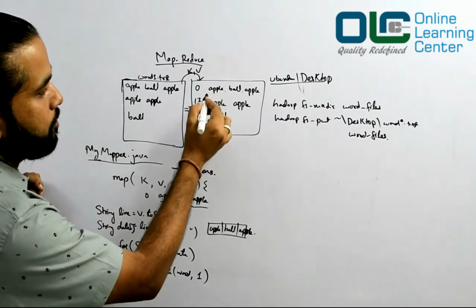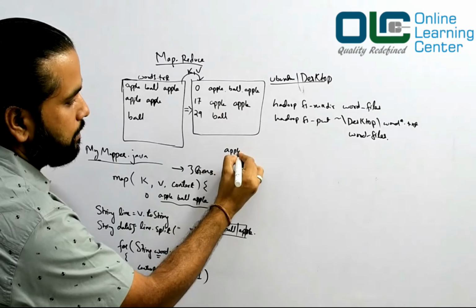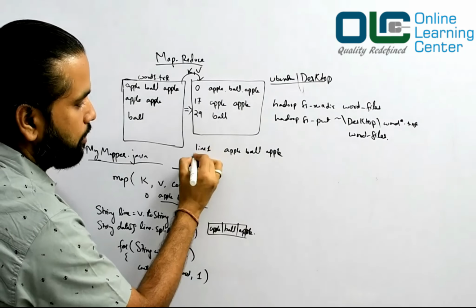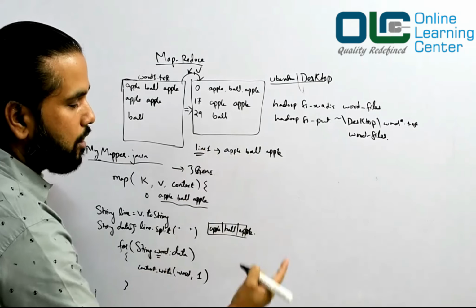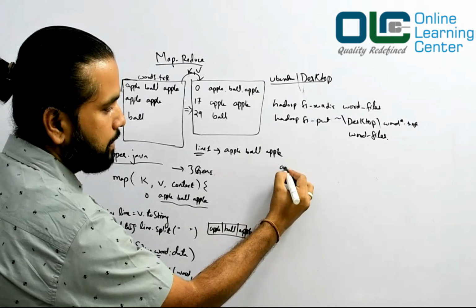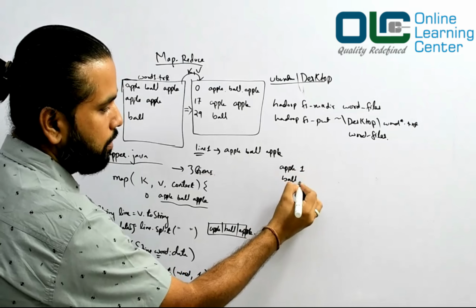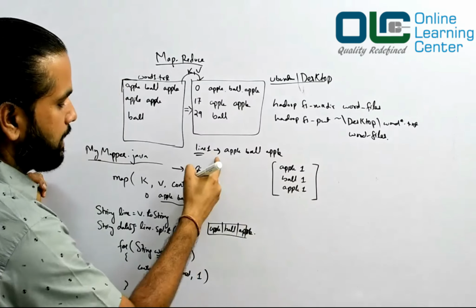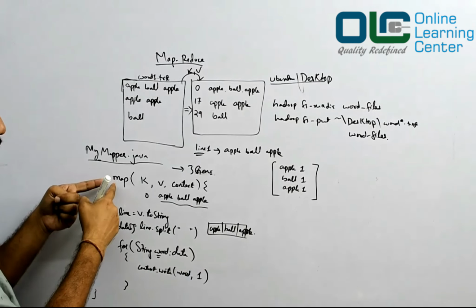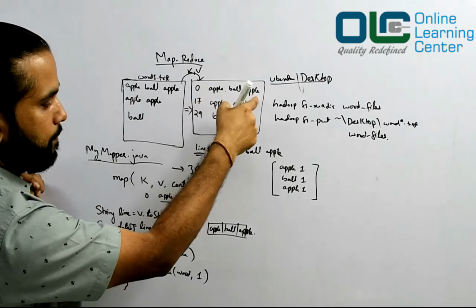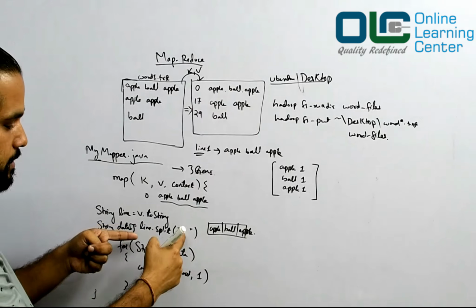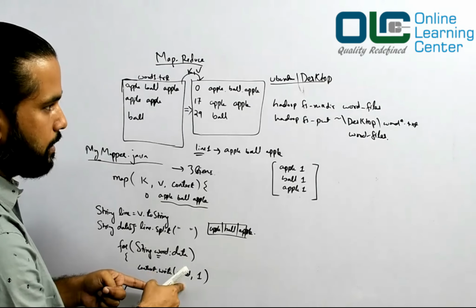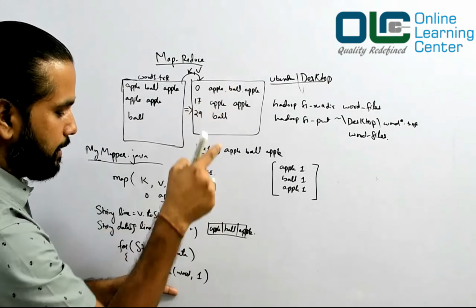So can I say something like this? For line 1, I had apple ball apple. What is the output I emitted? I emitted apple 1, ball 1 and apple 1. Can I say I did this for the first line based on this logic? Because, as I said, this map method would be called 3 times. First time I got apple ball apple. You split them by space, you got an array and started iterating through that array, and for the first apple, I'll say apple 1. So apple 1, ball 1 and apple 1, done.